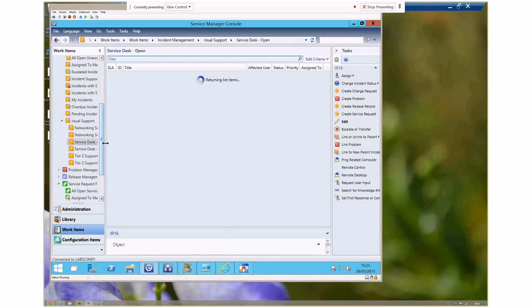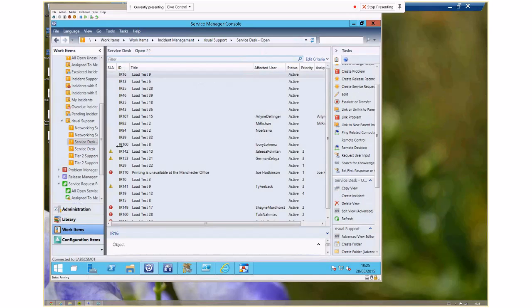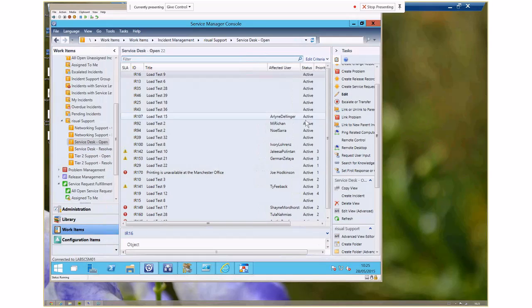This is where your analysts would sit for the majority of the day. We've split up the views here into different support groups. We've got the tier 2, we've got the service desk, we've got network support. So the service desk would sit in this view,